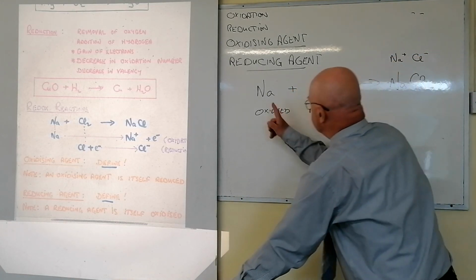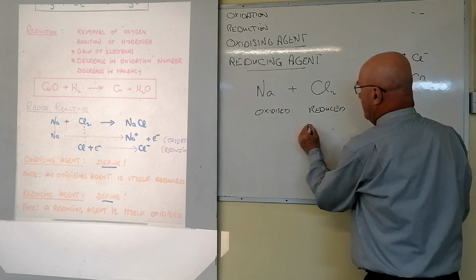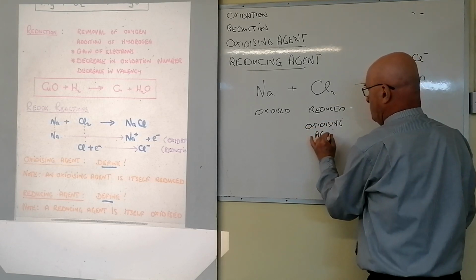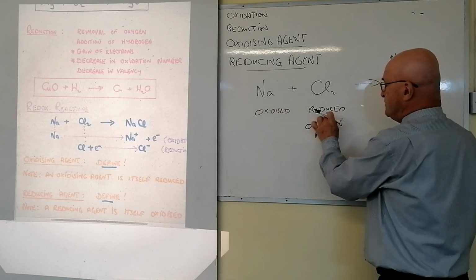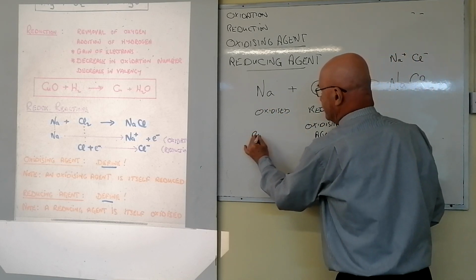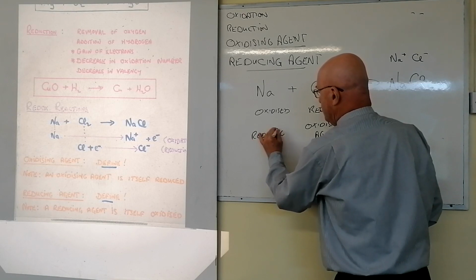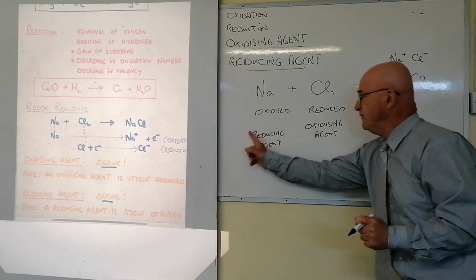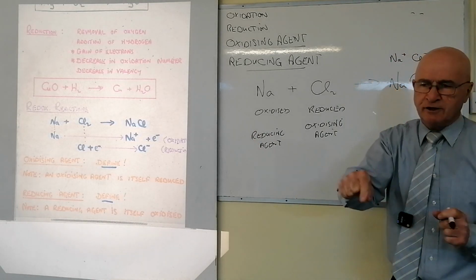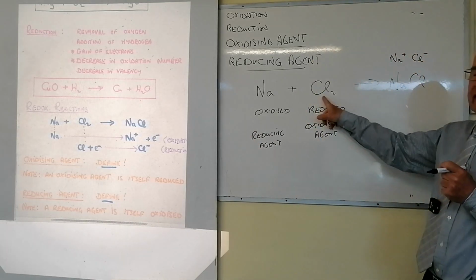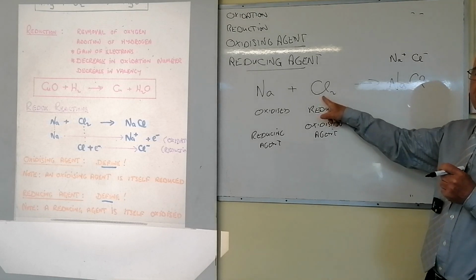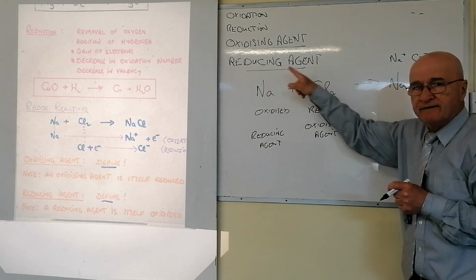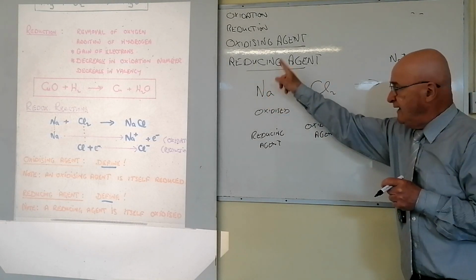Okay, that's the substance oxidized. So this is the oxidizing agent. This is the substance reduced. So this is the reducing agent. Now, take it easy now and just get that right for yourself. Someone asks you to define reducing agent, tell them what reduction is. Reduction is the gain of electrons. The substance which assists with that gain by supplying the electron, the substance which supplies the electron is the reducing